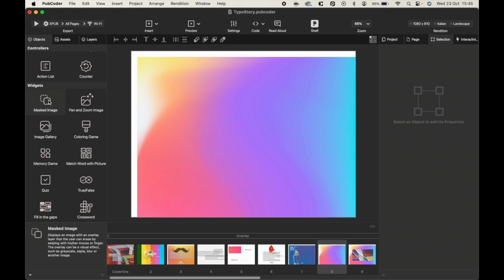In this video, I'm going to talk about the masked image. The masked image is a special image object with an overlay layer that the user can delete by scrolling with the mouse or finger. The overlay can be a visual effect, such as grayscale, sepia, blur, or another image of